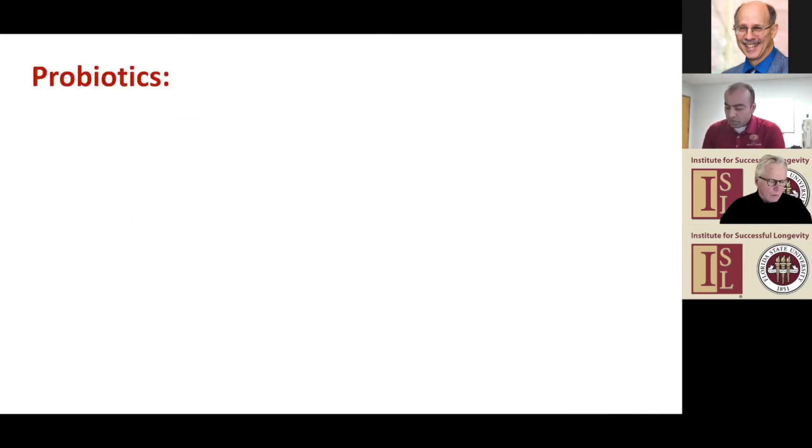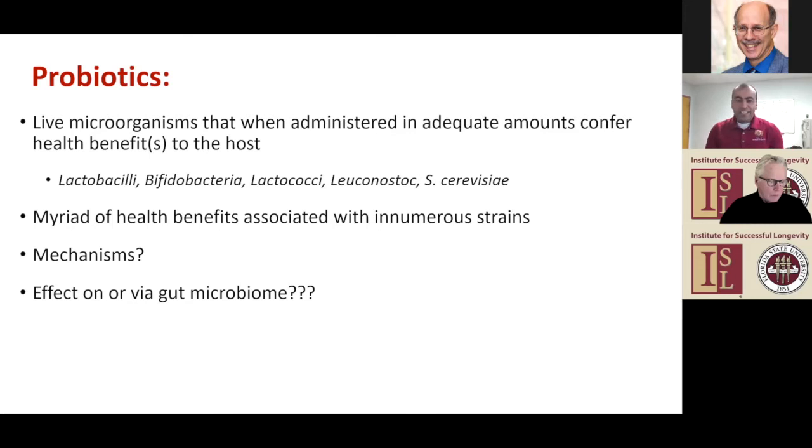So one component of this Mediterranean style pattern is increased consumption of yogurt and probiotic food. So we were also interested in understanding deeper what's in the Mediterranean diet which changes the microbiome, which is governing or regulating these effects on the microbiome. So in a study, let me just define it first. Probiotics are live microorganisms which, when consumed in adequate amounts, confer health benefit to the host. And most of the genera belonging to these probiotics are Lactobacillus, Bifidobacteria, Lactococci, Leuconostoc, and Saccharomyces cerevisiae.